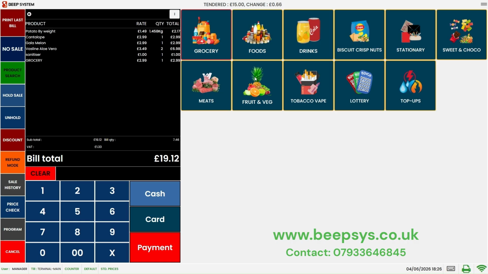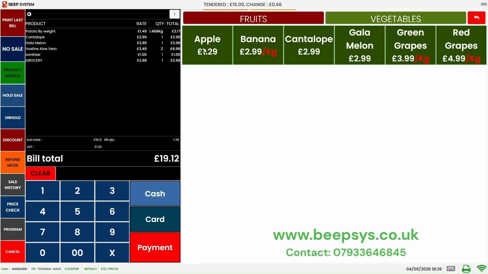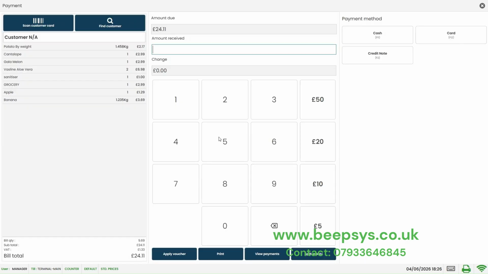You go back to fruit and veg again, apple, banana, 1 kg 235 gram, enter, like that. It's very easy. Cash or card, if the customer wants to pay by mixed mode, is fine, card is fine, cash is fine. So if someone wants to pay, say for example